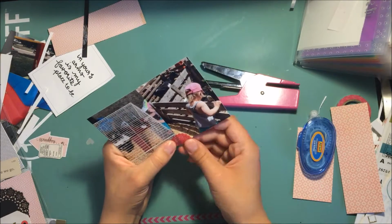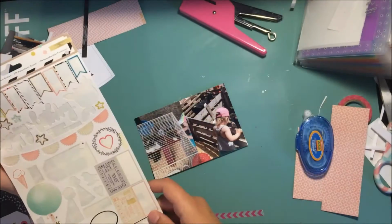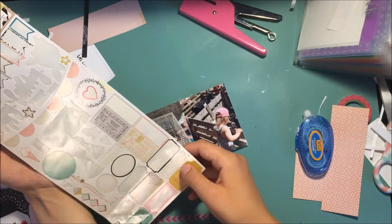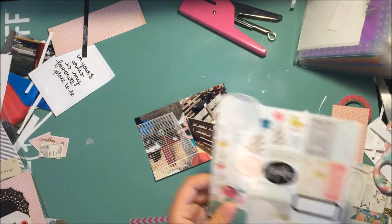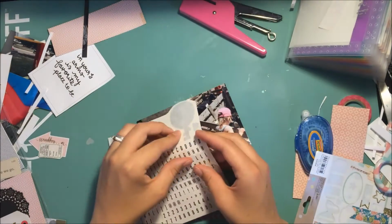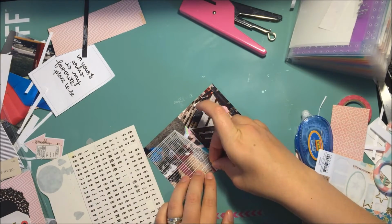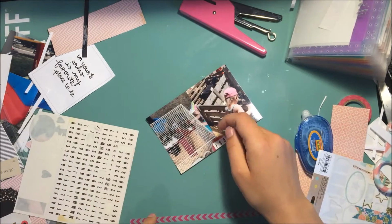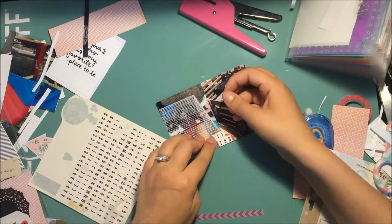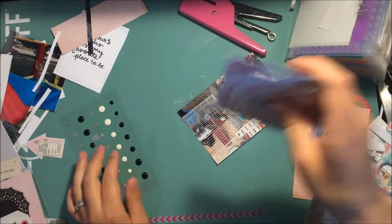This is from Crate Paper, I think. Oh, what is that collection called? It's from a long time ago. Something Darling, Oh Darling, I think. They had a little vellum pack, and it's just a half a vellum doily. I don't love it because I end up covering it with the title almost completely. It's just going to say Petting Zoo. But it's just one card out of all the cards, and some of these cards I end up loving,